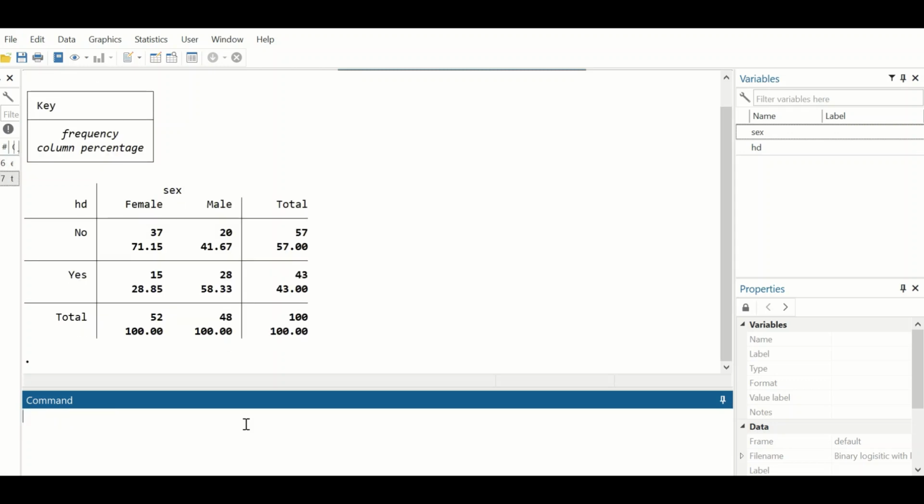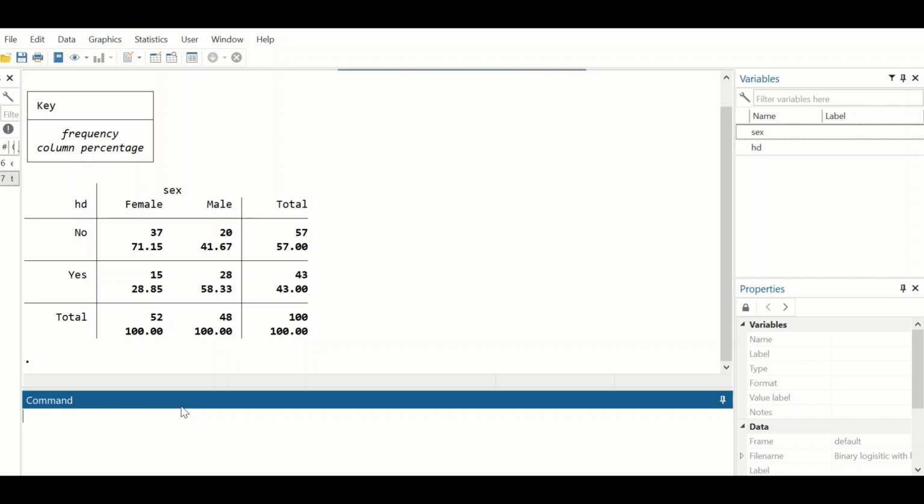A 2x2 table is generated as shown here. On the left-hand side is heart disease, yes or no, and the sex, female and male. The part we are interested in is the yes. And we can see here that 58.3% of males have heart disease and 28.8% of females have heart disease. So whether females or males are more likely to have heart disease,